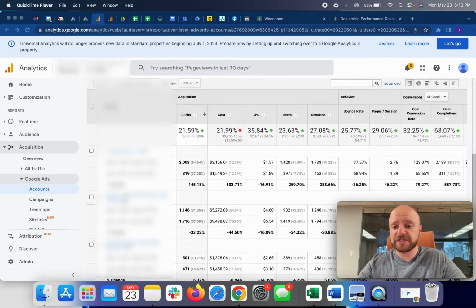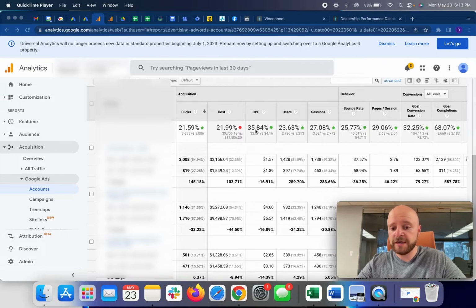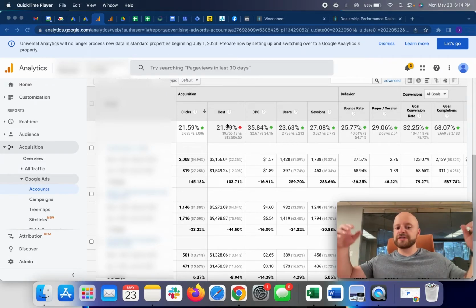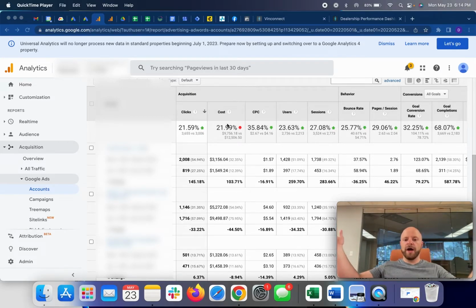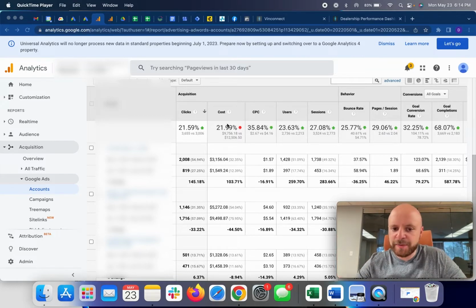However, check this out. This is pretty cool. You'll notice these metrics. Green means go, man. Green means go, and woman, whoever's watching this. You'll see that our clicks went up about 22%, but our costs went down about 22%, which is exactly what you'd want, right? But it's not just about clicks and cost. Let's look at some of the other metrics. Our overall cost per click went down. The amount of users we drove to the site is up, and the amount of sessions is up.